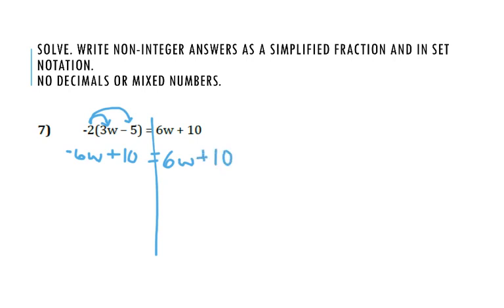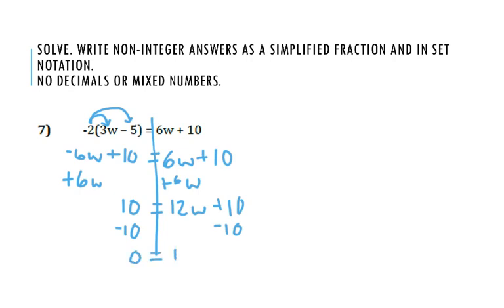Next, let's go ahead and get our variables to the same side, so I would add 6w's to both sides of our equation, which results in the equation 10 equals 12w's plus 10. Now we're going to go ahead and subtract 10, because now we want to undo or do the opposite of what's happening to the variable. So we're going to subtract 10 from both sides, because we were adding 10 to 12w's,